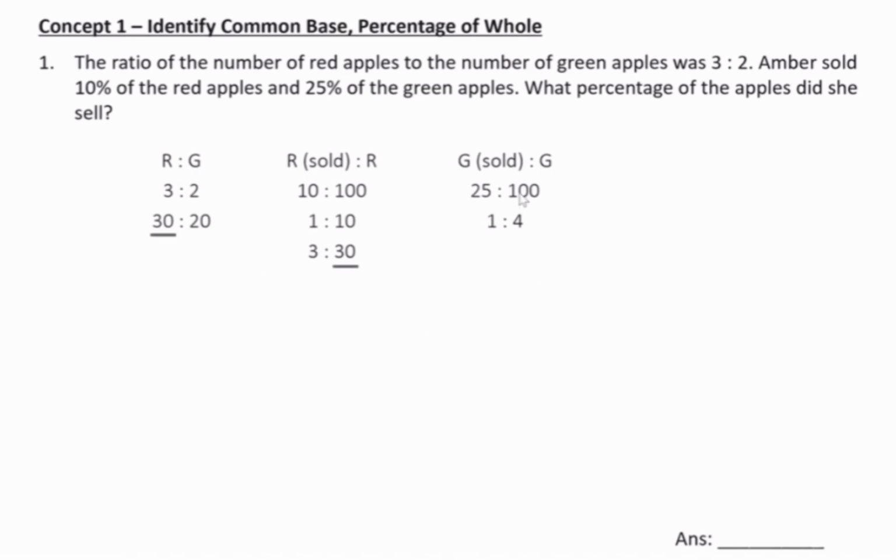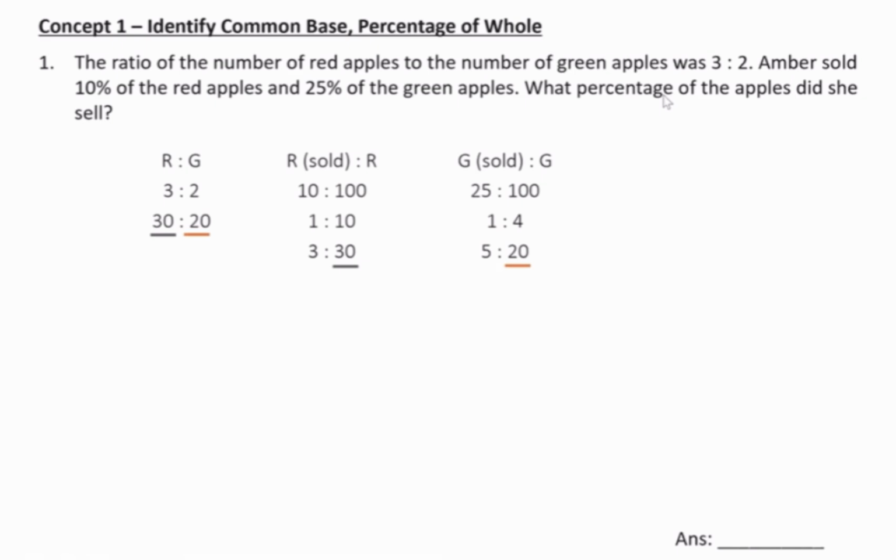Then how about this one? So this one, it will have the same common base as the first ratio, which is the total number of green apples. So the total here is 20 units, but the total here is 4 units. So you want to make it the same by changing this 4 into 20. You times 5 to get 20. So here is 20, here is also 20. Okay, then